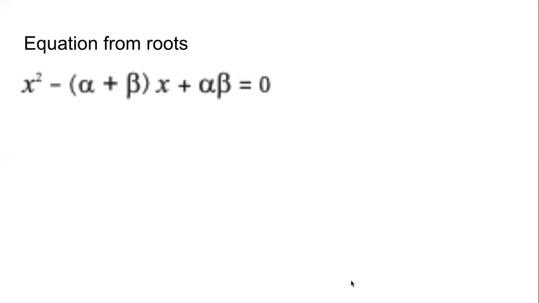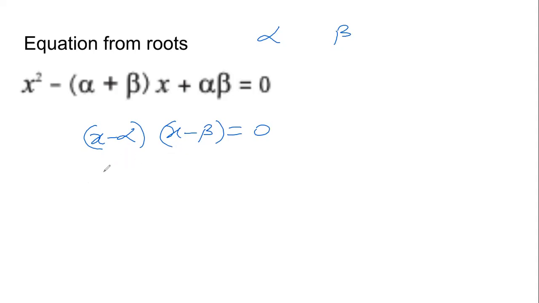Now, once again, how did we get this? If alpha and beta are the roots of the equation, that means ऐसा कहीं आया होगा, x minus alpha and x minus beta equals to 0. तभी तो हम कहेंगे when x minus alpha equals to 0, x equals to alpha. If x minus beta equals to 0, x equals to beta. ये हुआ होगा, तभी ऐसा हुआ.